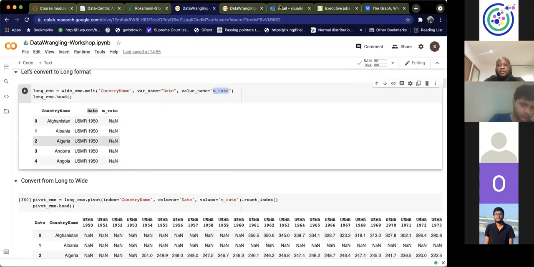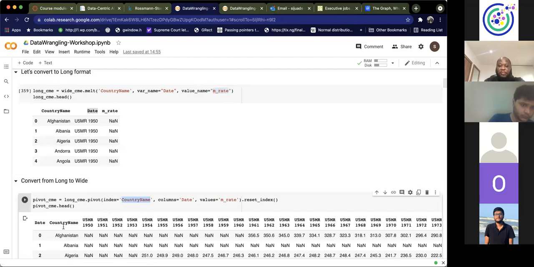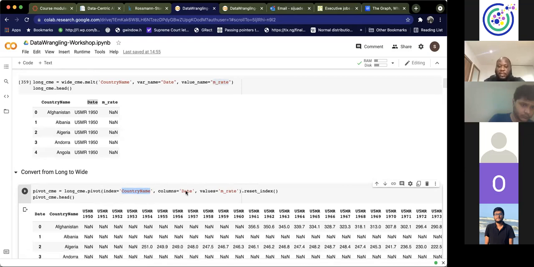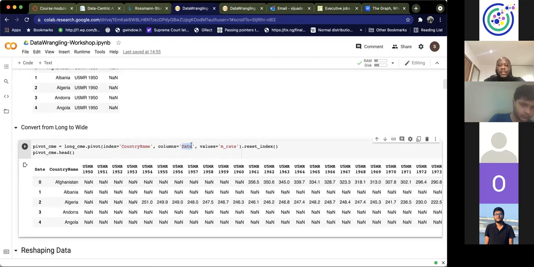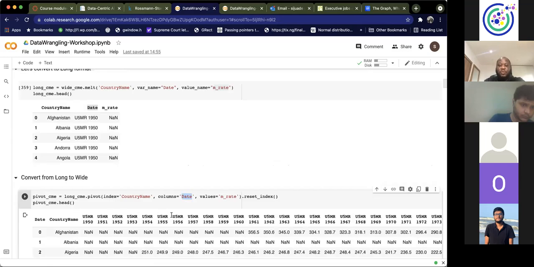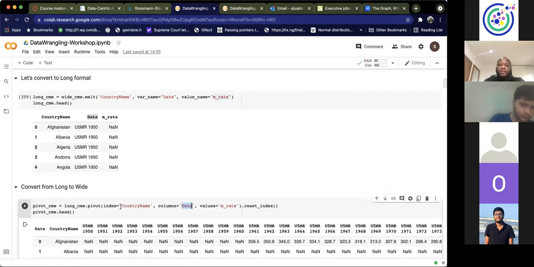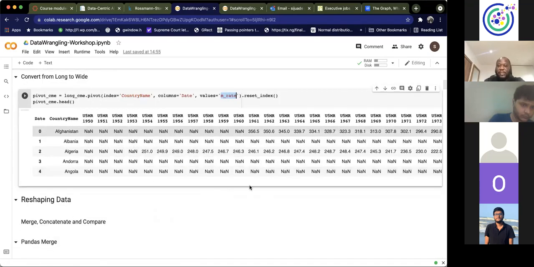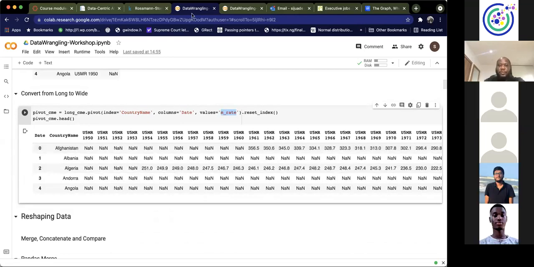Now, while converting from long to wide, we again pass in the name of the column that we wish to remain constant, which again is the country name. Bear in mind, we can pass in more than one name. We can pass in multiple columns as the columns that we wish to remain constant. This time we pass in the name of the column that we wish to convert from long to wide, which again is date. And then we pass in the name of the column where the values are present, which is the M rate, which is the mortality rate. As we can see, the data is now back to